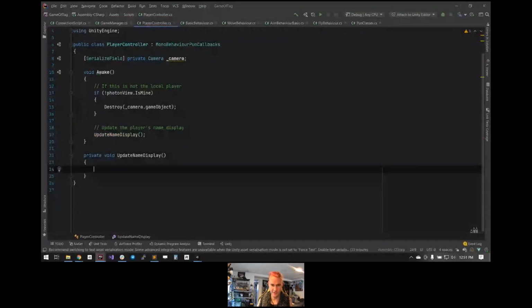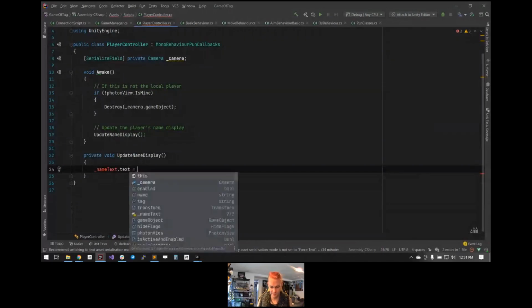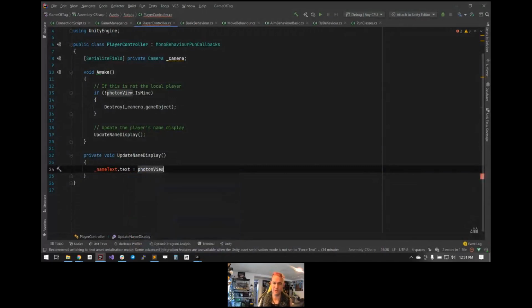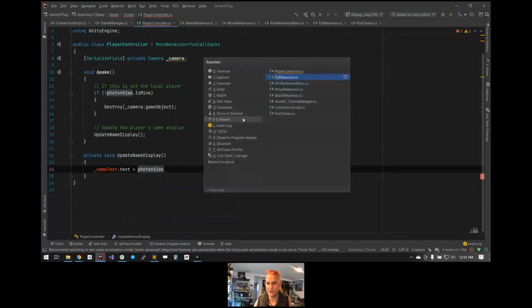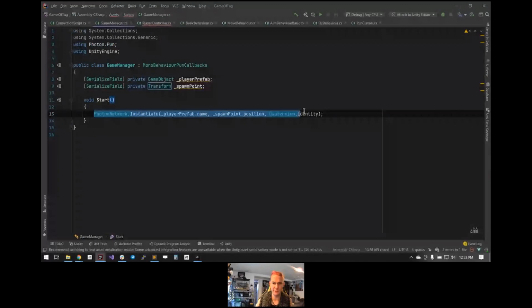What's it going to do? It's going to initially just take the name text, which I haven't made yet, and set it to, now this is where we can use our Photon view again. It's like that nickname that we set way, way back at the beginning. We can look at our Photon view, and remember this was created back in our game manager. This was created using Photon Network Instantiate. So whoever ran this code, remember every single client runs it themselves, whoever ran this code became the owner of